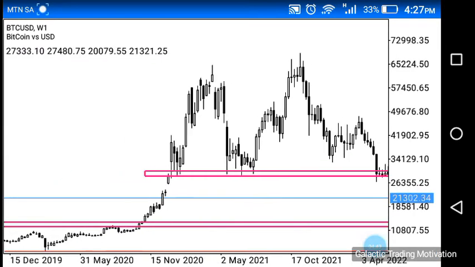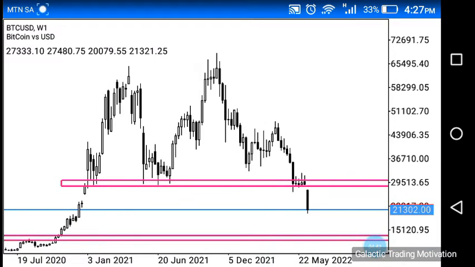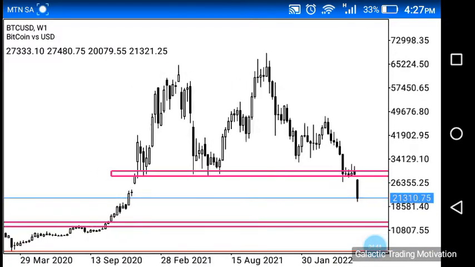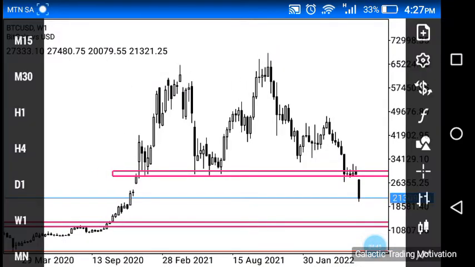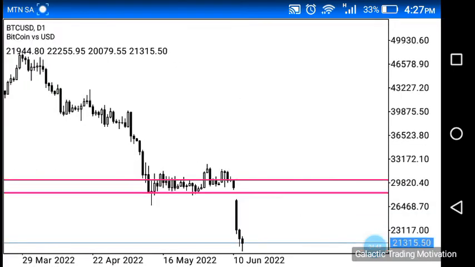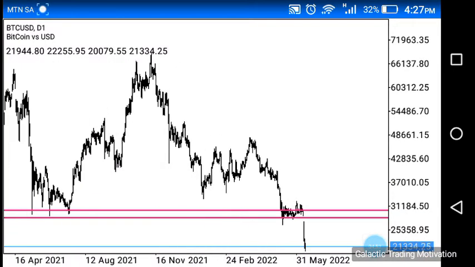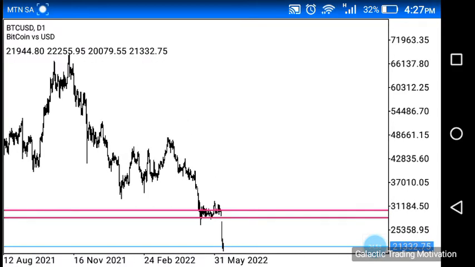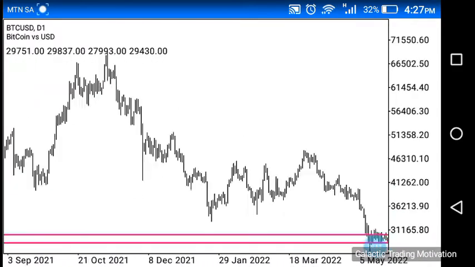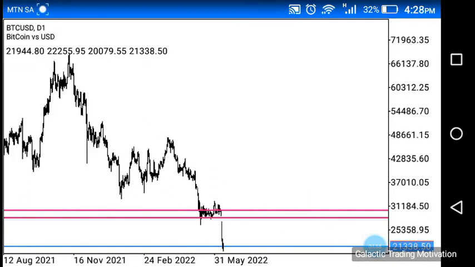Let's continue. So what else do we see on this chart that is interesting? I don't see anything further. I'm going to head down to the daily chart. So here we are on the daily chart. The first thing that I'm going to do on this particular chart